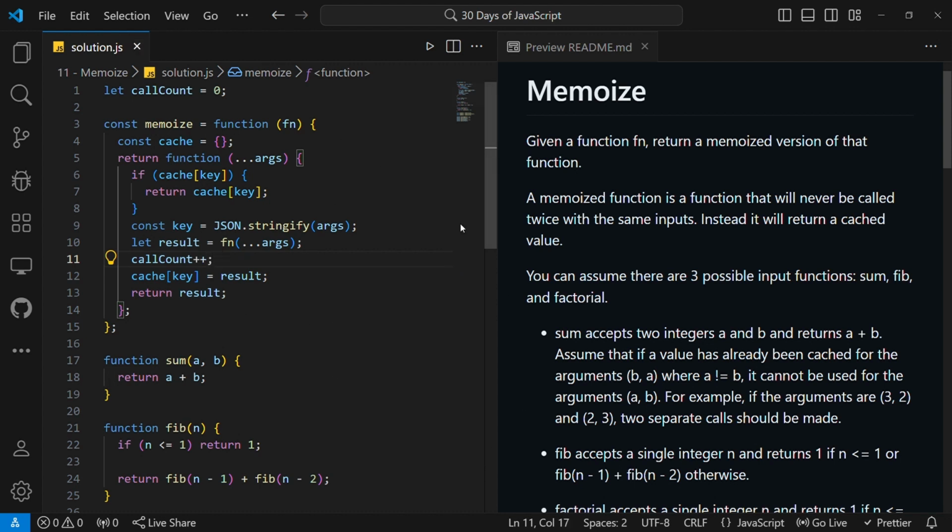So this is the solution. You can just test it. Let me just go through it to see it is okay. This memoized function takes a function fn, and it calls args in that fn, and it first checks if that argument has been called before. If it has been called before,